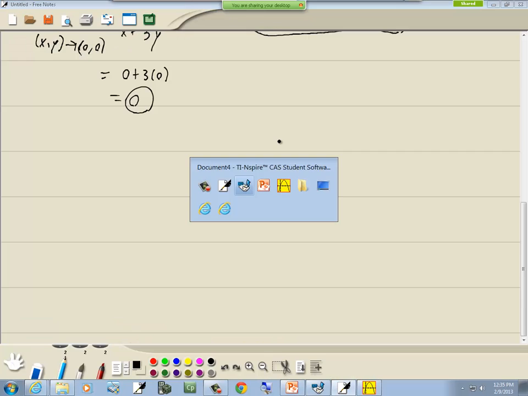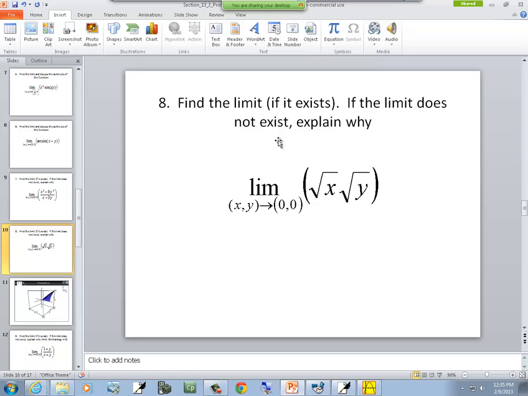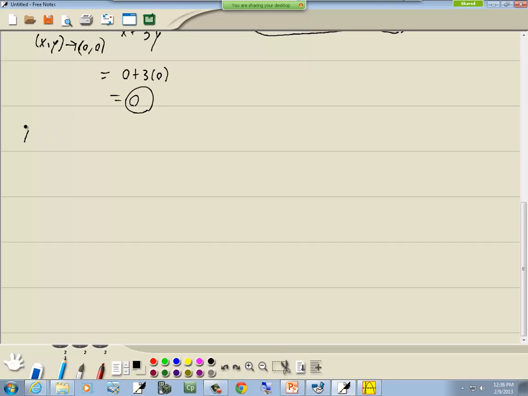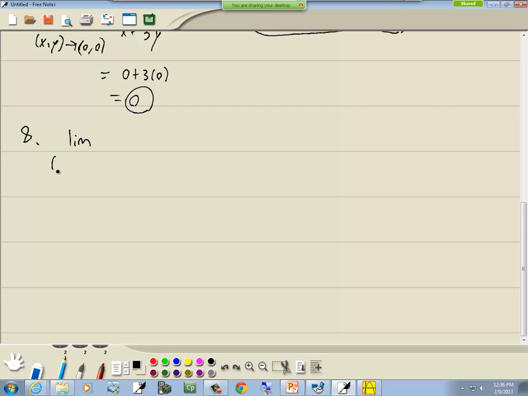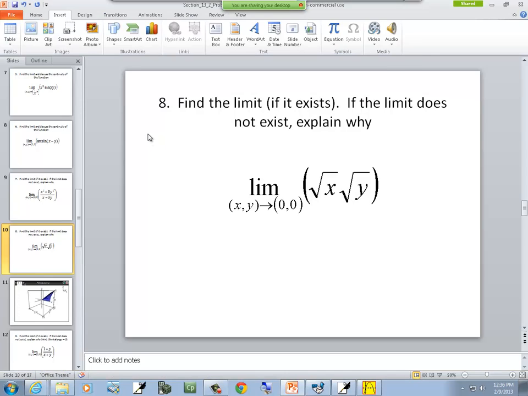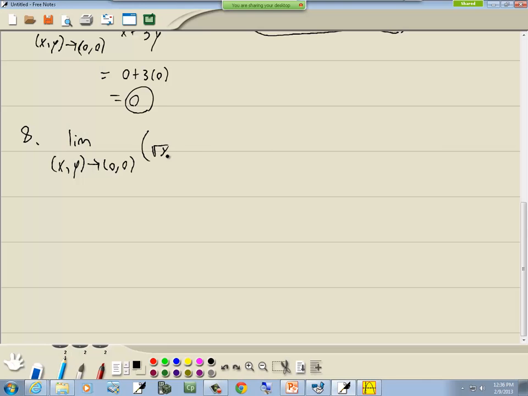Okay, number 8. The limit as x, y goes to 0, 0 of the square root of x times the square root of y. Now in Calc 1, pretty well, if we could plug in the number for our limit, then we're happy. Here though, if I put 0, 0 in here, I get the square root of 0 times the square root of 0, which gives us 0. No problem there. Except